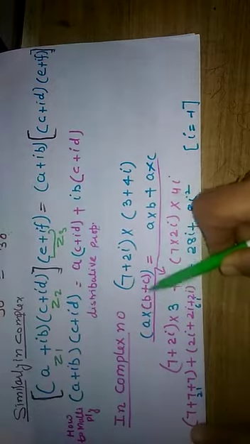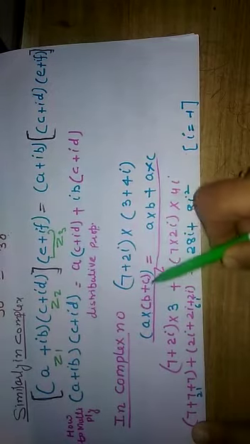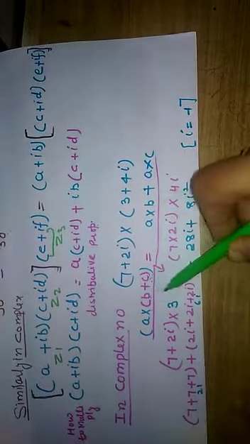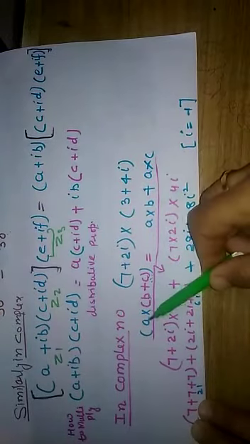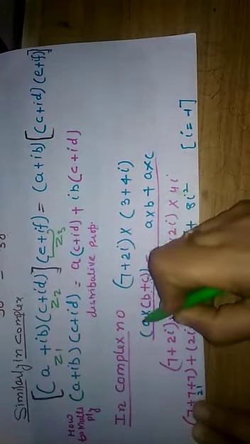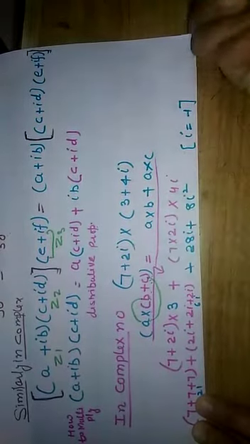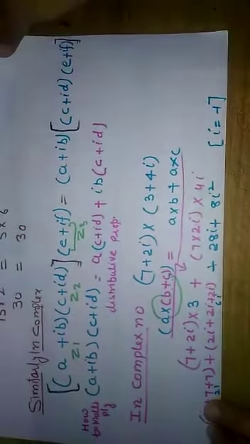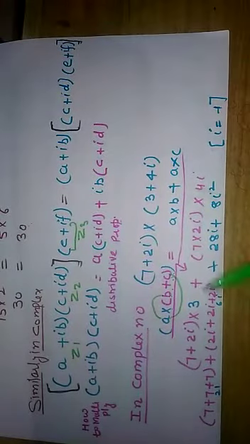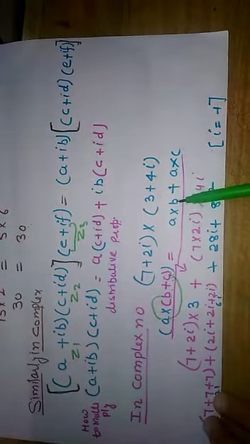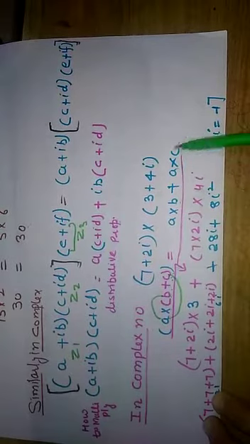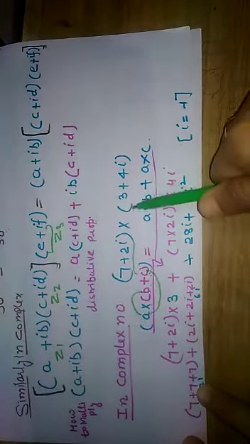a multiplied by (b plus c), where b plus c is an addition here. So the result will be a multiplied by b, first a will multiply with b and then a multiplied with c. As you have covered the distributive property in the 10th class, right? So we will apply this distributive property: a multiplied by b, then a multiplied by c. You can check here, these two complex numbers are multiplied with each other.